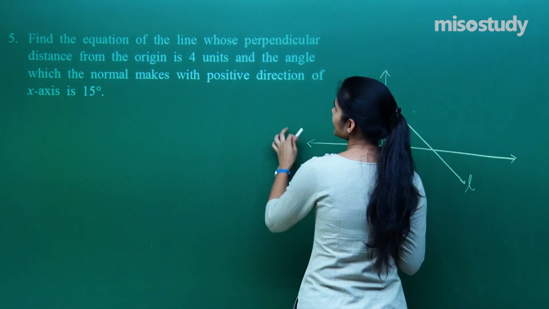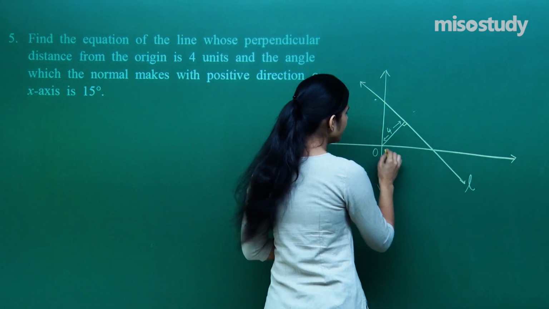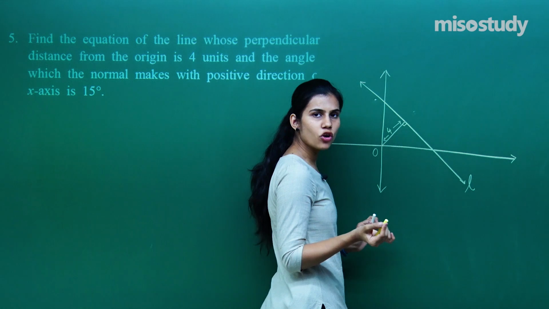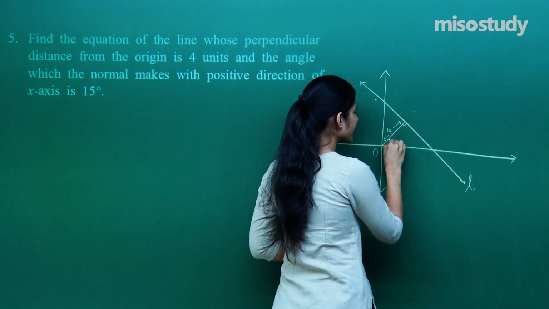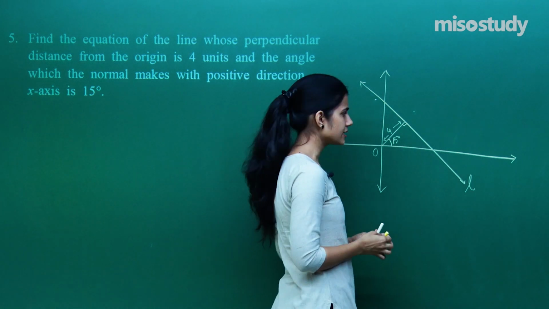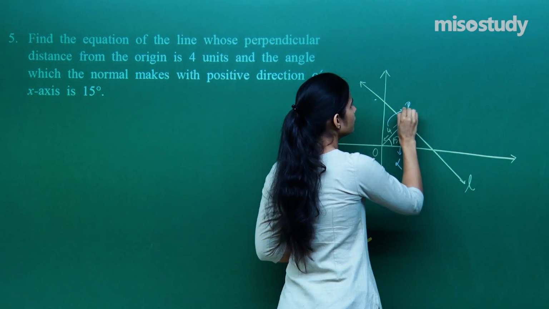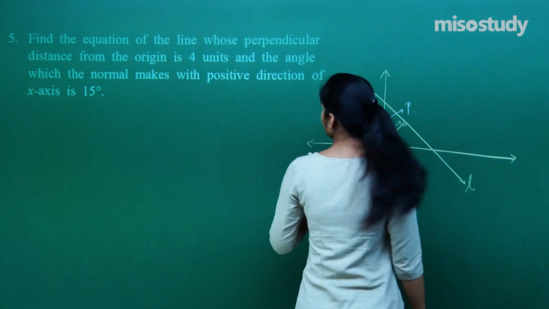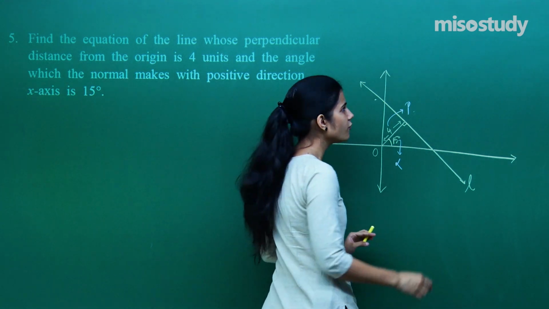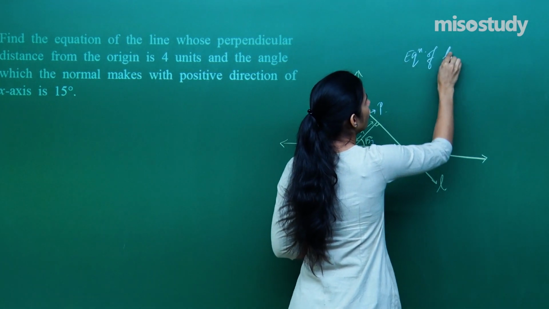It is given that the angle which the normal makes with positive direction of x-axis is 15 degrees. Now the perpendicular which is drawn to the line from origin itself is the normal, and the normal is making 15 degrees angle with the positive direction of x-axis. You are given the value of alpha, you are given the value of p. It is written find the equation of this line. I can obviously find this equation in the normal form only. Equation of line L